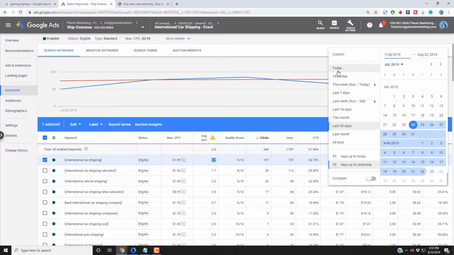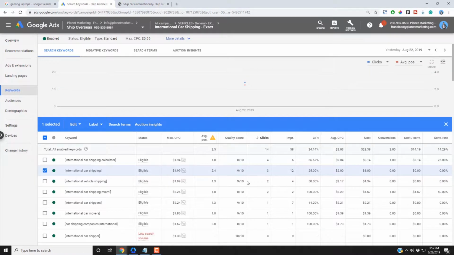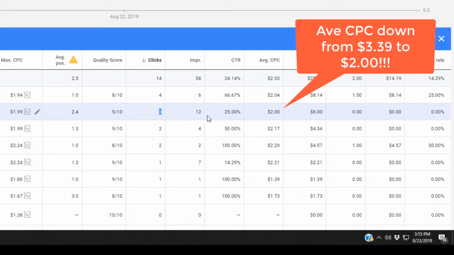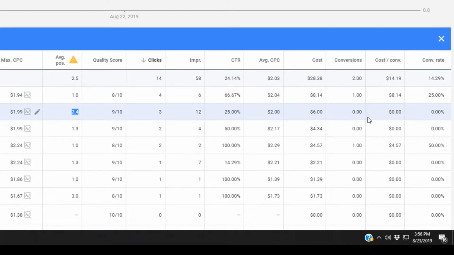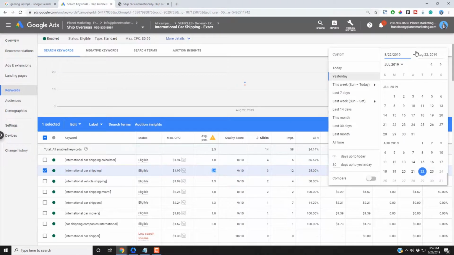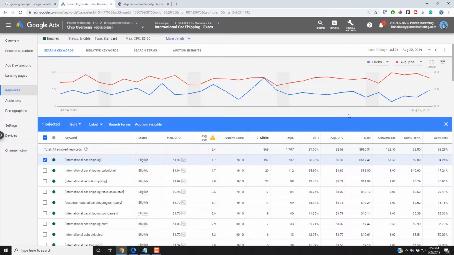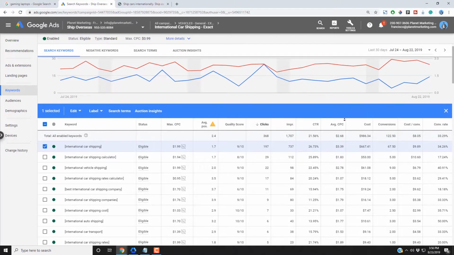I'm going to go into, I don't know, let's see if this one actually did anything yesterday. International car shipping. I got 3 clicks and I am in average position 2.4. I didn't get any conversions yesterday for it, but whatever. I'll get probably some tomorrow. But what matters is how good your ad is written and what do people do when they get to your landing page, which you can see by my conversion rates,